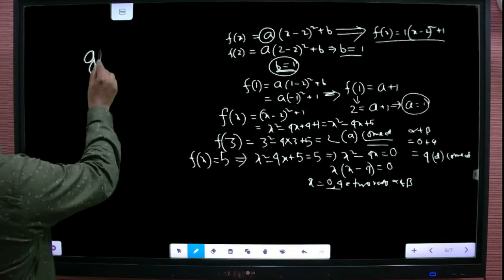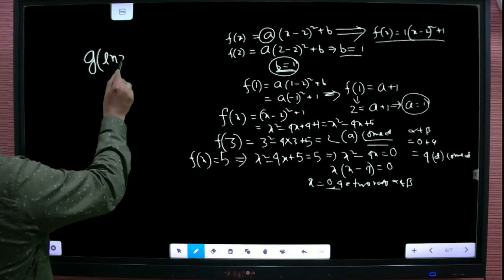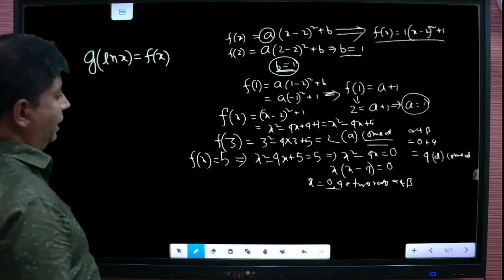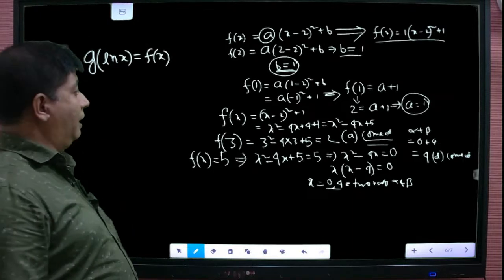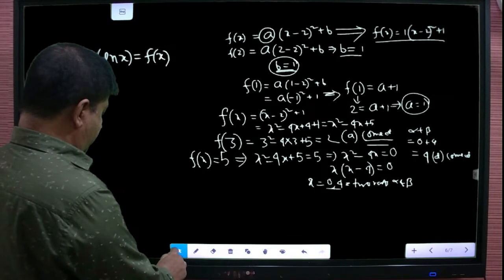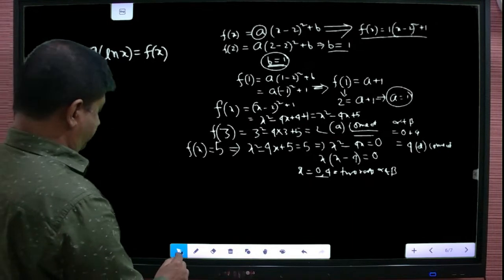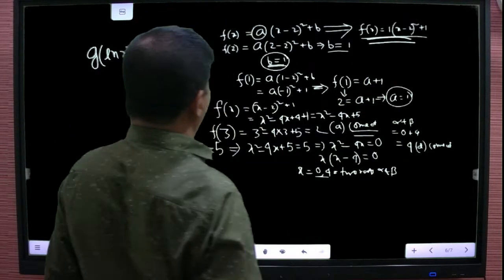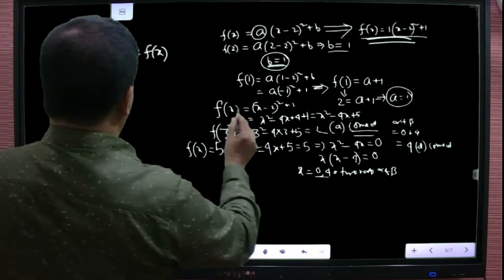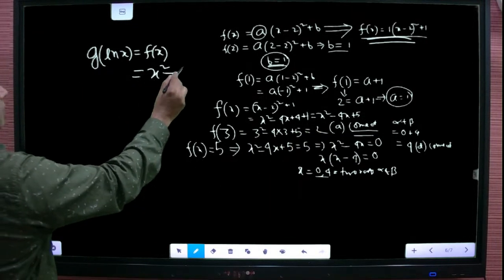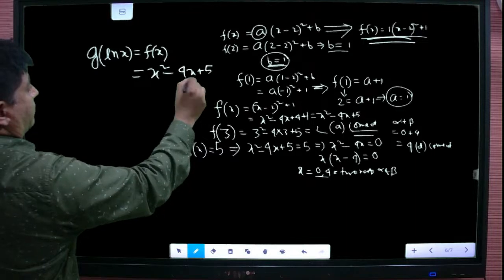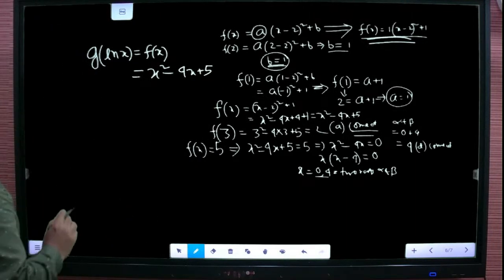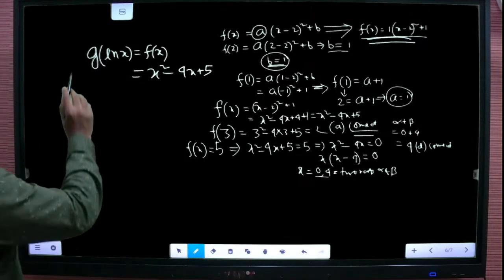g(ln x) is equal to f(x). What value of f(x) did we get? f(x) is this thing: x square minus 4x plus 5. Now it is given that f is